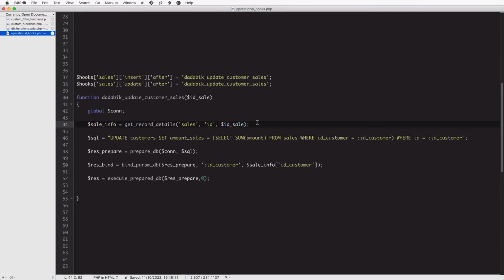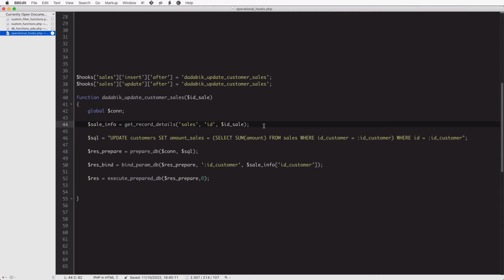Okay, so for example, if we have just inserted a sale and MySQL has assigned to that sale the ID 10, with this operation we will get all the information about the sale having ID 10. Why do we need that?